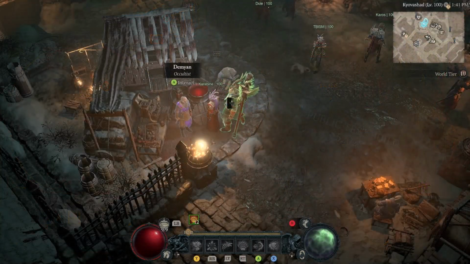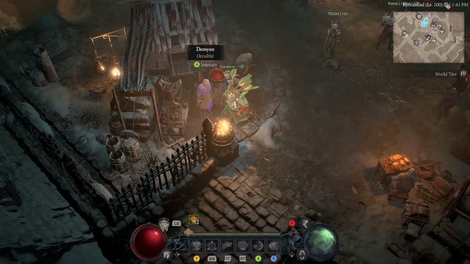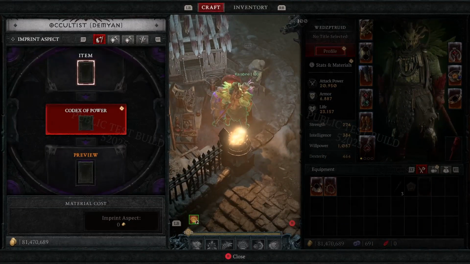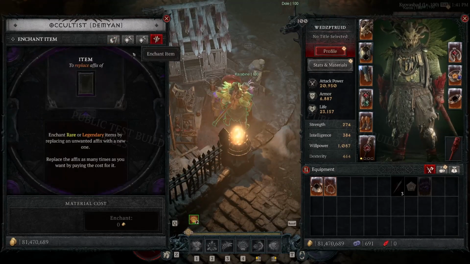Now, crafting is not all about affixes. We also have to deal with aspects. So you come to this guy, the occultist, in a different place right now. And if I want to change any of my affixes, I can come and do that here. Also, if I want to enchant anything on my build, I can do that here. So we're going to go to enchant, and here we can